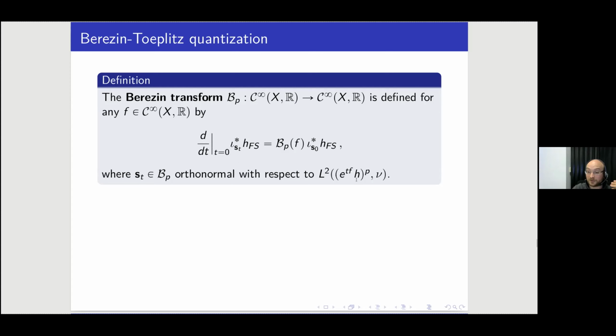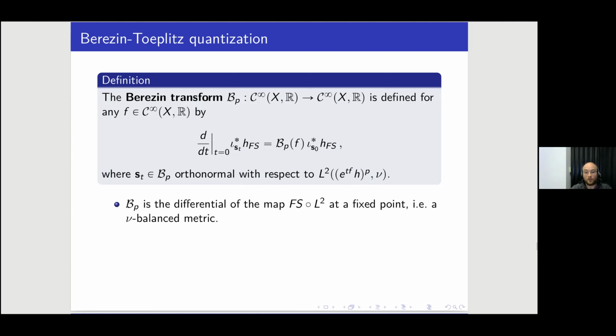when you vary the positive Hermitian metric. So when you have a positive Hermitian metric H, you can multiply it by the exponential of a function times a very small t. So it stays positive, it's a deformation of the metric. And you can wonder what happens with the induced Fubini-Study metric, when you take the L2 product and pull back. Then this is what happens. It's called the Berezin transform, right?